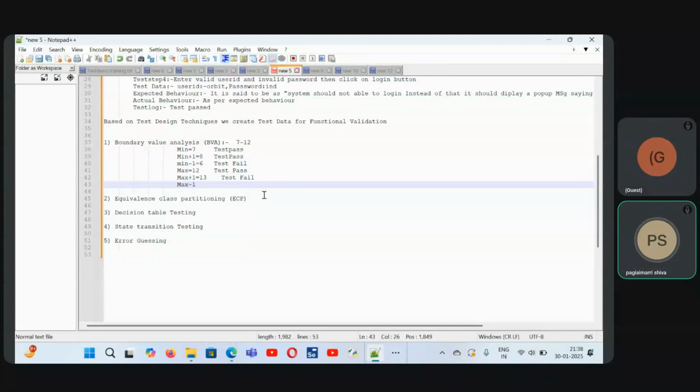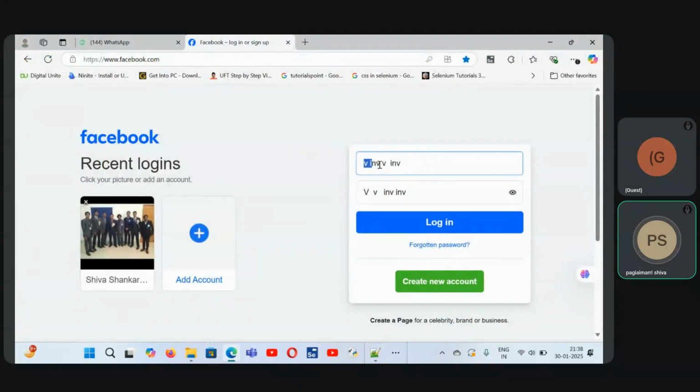Maximum minus 1 is 11. Test passes. So, like this, we can prepare for each and every field, for a particular object here,